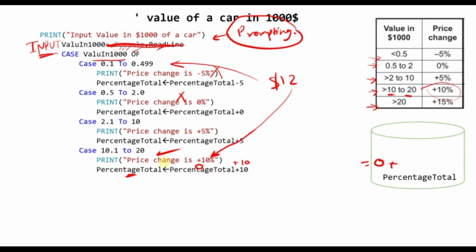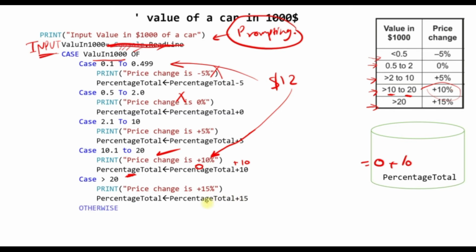Okay, it belongs to this part. So plus 10%, so 0 plus 10%. Now the percentage total is 10. Okay, and if it's greater than 20, then print price change is 15%, and the value should be added to the previous value, 15 added to 0, or otherwise,